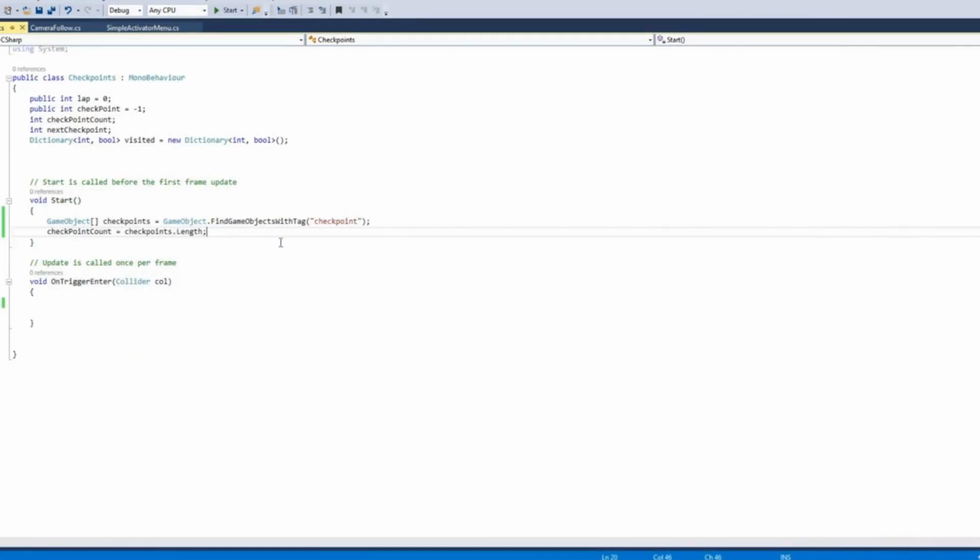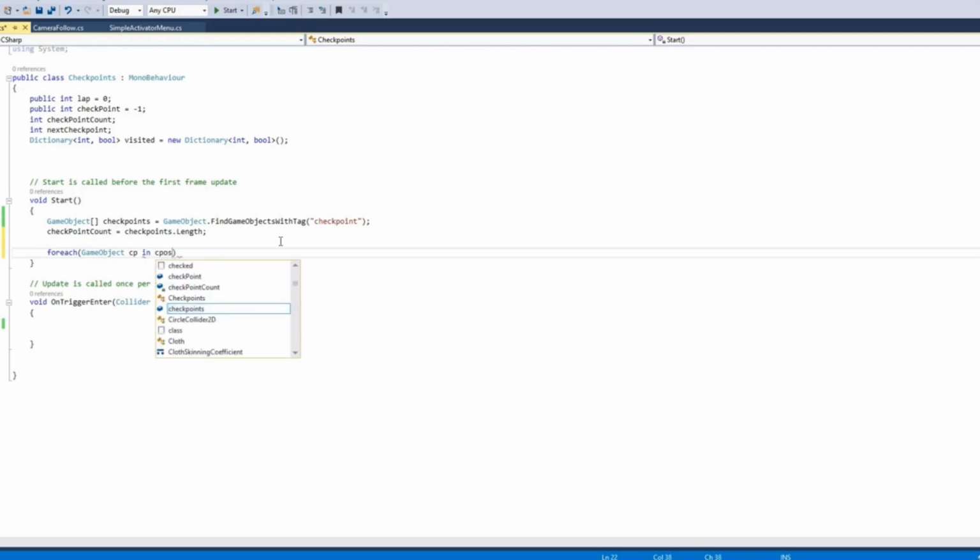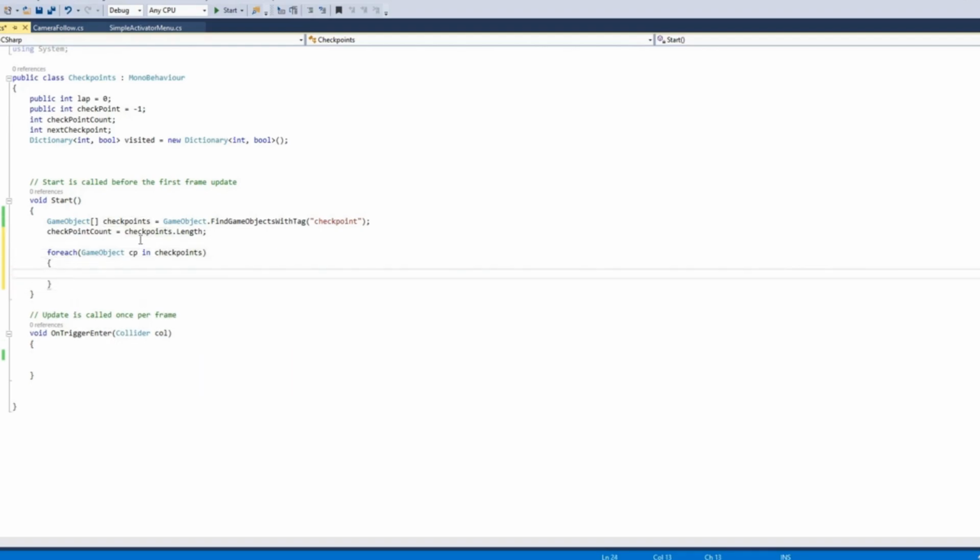Now we will write a foreach loop, and we will write foreach GameObject cp in checkpoints. We will iterate through this checkpoint array by using foreach loop, and for each checkpoint, we will add a key value pair.